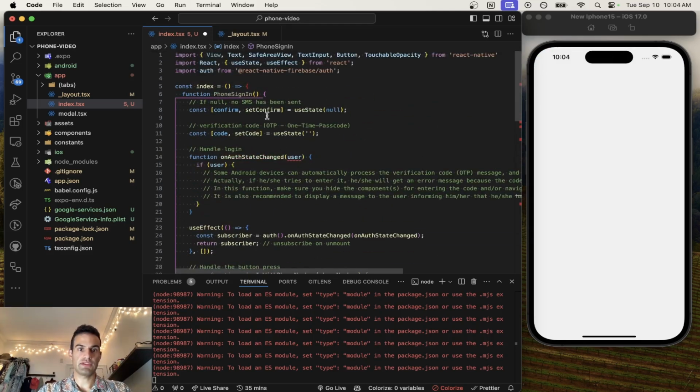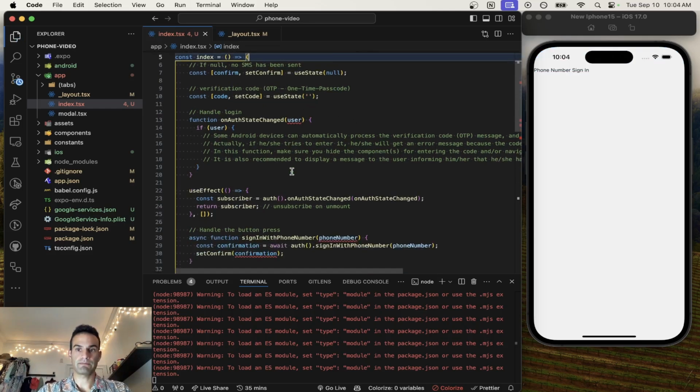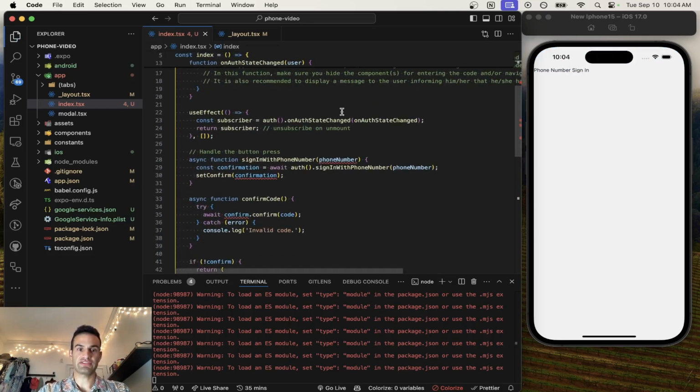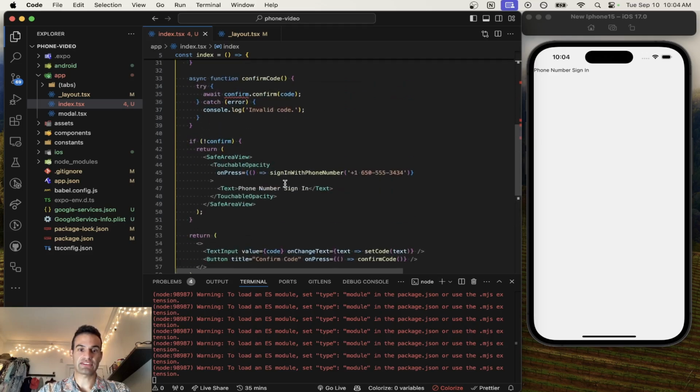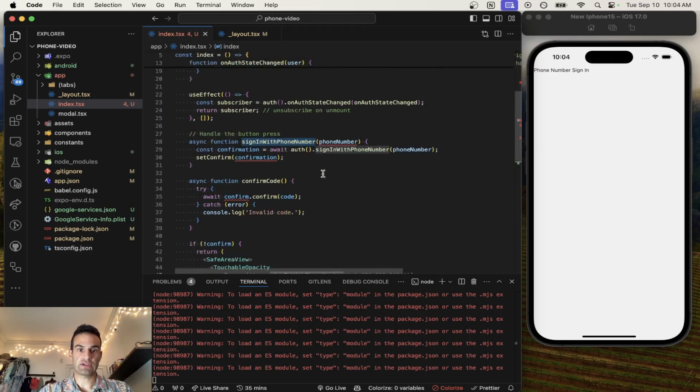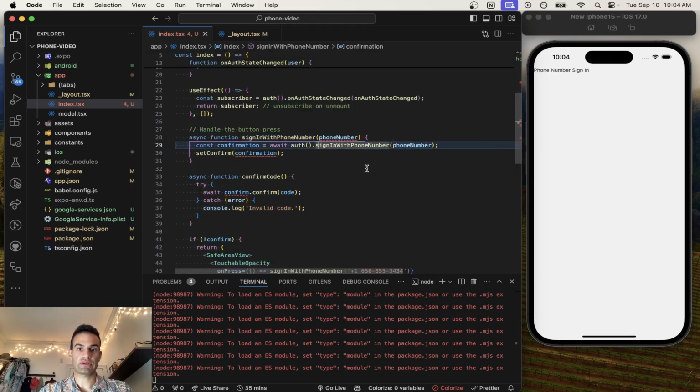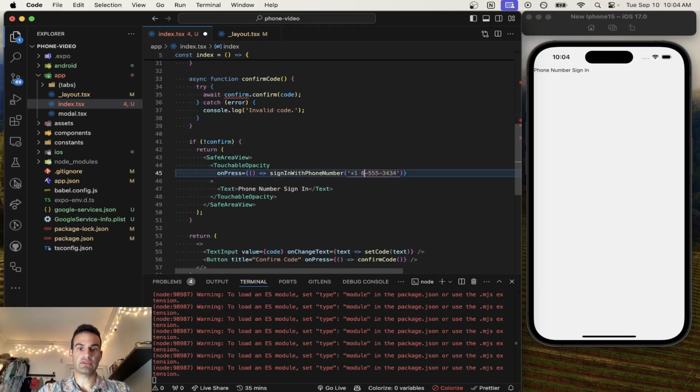Okay, we're gonna remove this phone sign in function right here. There we go. Okay, so this is technically our button, the touchable opacity with the text. Once we click that, it will sign in with phone number, which is this function right here, and we'll call auth sign in with phone number, and we're going to change this phone number to the test phone number that we created in our Firebase